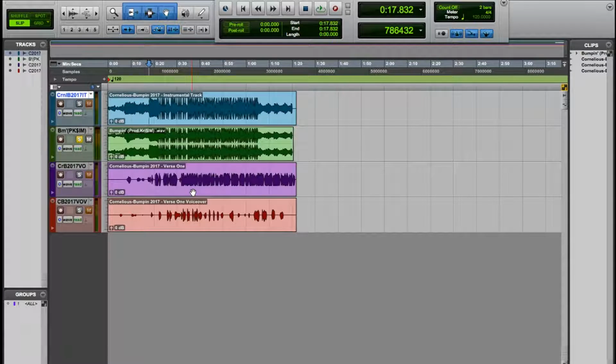Now, if the artist requests that he likes that sound, then I'll go with that. But if not, he's paying me to do my mix on it. So what you'll want to do is, if you're using Cubase or Nuendo or whatever other program you're using,